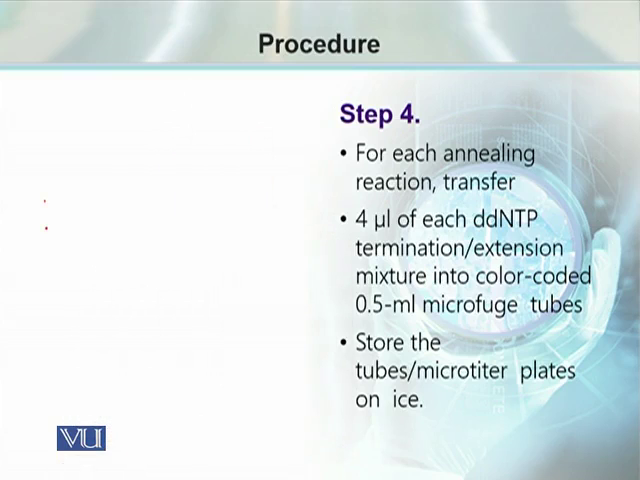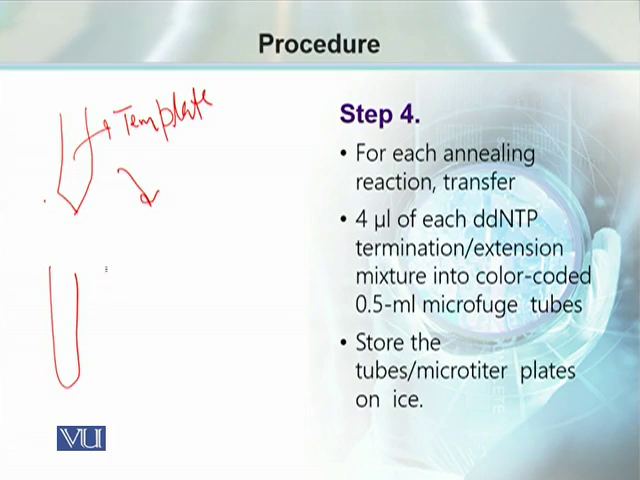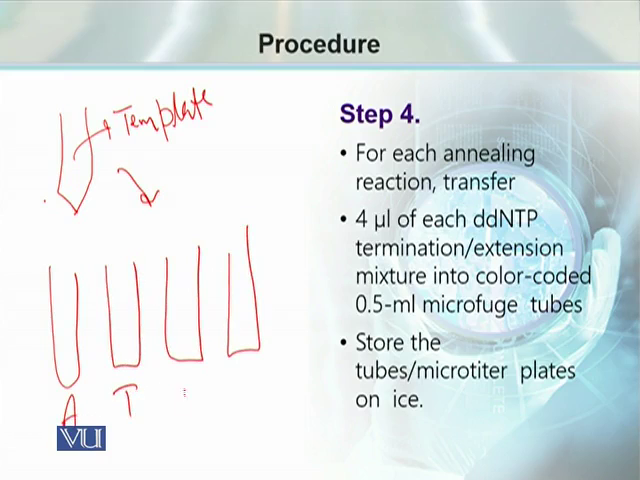Now look at this drawing. We have this tube that carries template DNA. Now the next step would be either we have 4 different tubes with different colors or with labels like A reaction, T reaction, G reaction and C reaction, in which we are going to transfer 4 microliter of the ddNTP mixture,